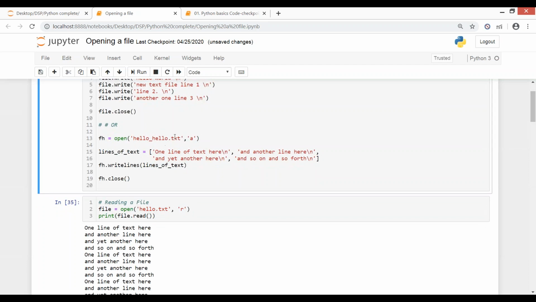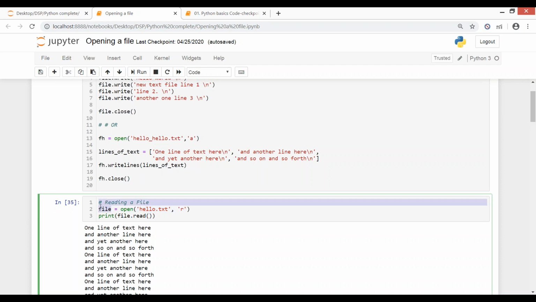Now the next one is, let's say you want to read a file. That is, अभी we just created hello.txt. हमने multiple files create की. So everything will be same. You just have to change this. W was for writing, A was for appending. Now if you want to read, then you have to use R here. So if I'm saying open, for this your file has to be there in your system. Now it will open my hello.txt with an intention to read, and it is getting stored into a file, correct?